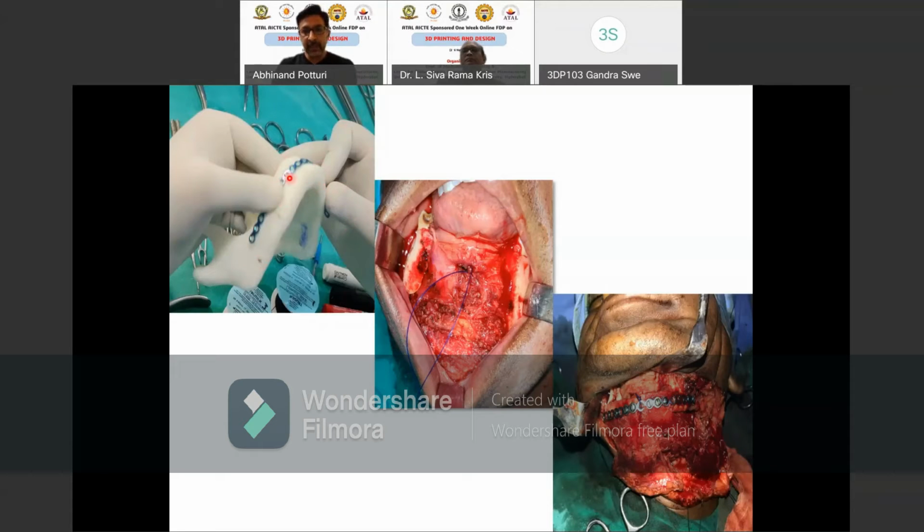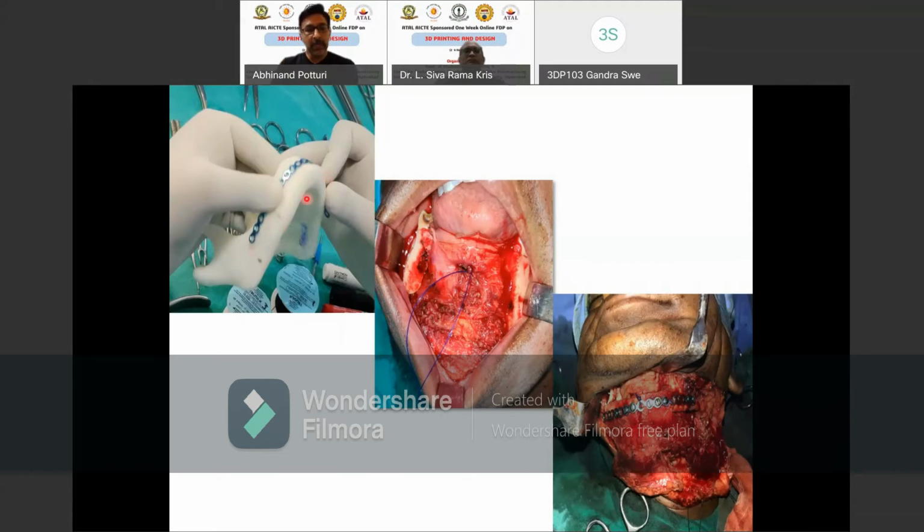And for this part of the bone which goes missing, on the patient's CT scan on the computer, we put a new bone mimicking the exact shape of the patient's original jaw without the tumor. That means we imagine how the patient's jaw would be shaped if there was no tumor. In that way, we put the bone structure there, then we print it and get a physical bone out. So this is the shape of the bone we want.